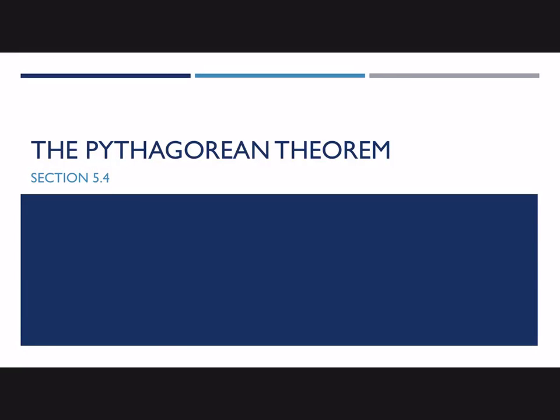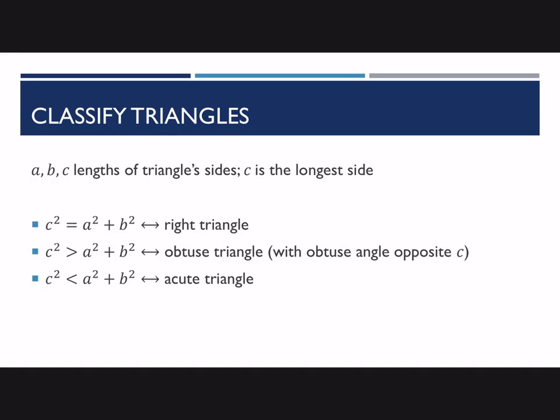Section 5.4 talks about the Pythagorean theorem and also its converse. So we're focusing in on just a few things from this section. We are skipping some things, but I will go through just the relevant points that I'd like you to know. So first of all, we can use the Pythagorean theorem to classify triangles, and we use both the theorem and